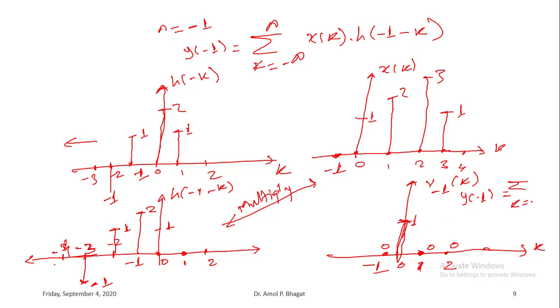So summation k from minus infinity to infinity p minus 1 of k, you are adding it. After summing all these values it will be simply 1, right? So for y of 1 you get the value 1, right? So finally you will be writing,